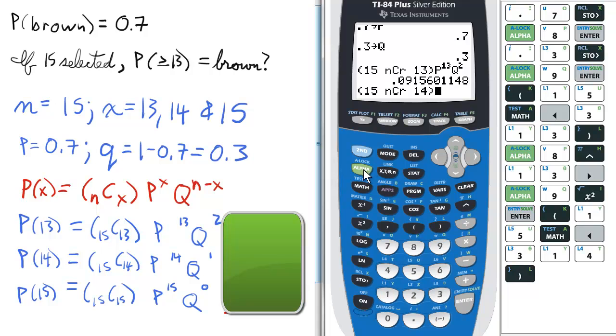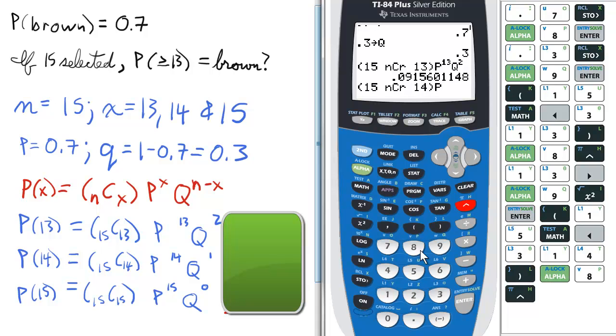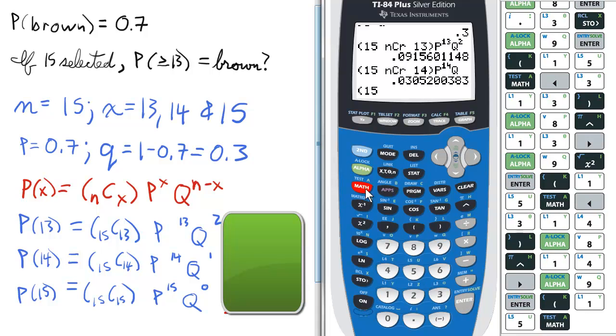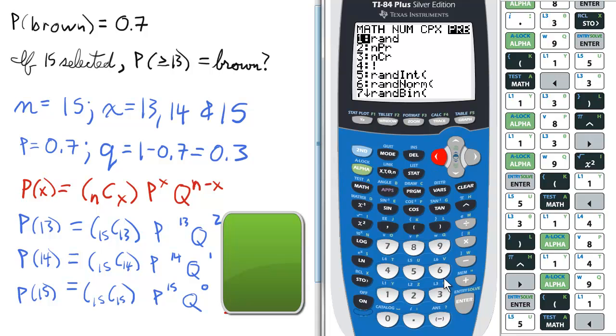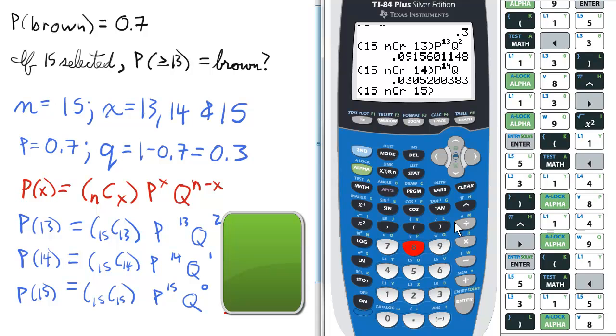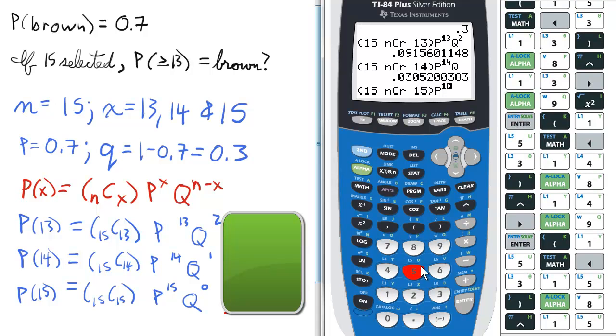Next, probability 14: open parentheses, 15 math, scroll over to PRB, select 3 for nCr, 14, close parentheses, then p raised to the 14, scroll over to get off the exponent ledge, and then since it's q to the first, we can just enter q. 0.0305. Next, probability 15: open parentheses, 15 math, PRB, 3, 15, close parentheses, p raised to the 15, and q